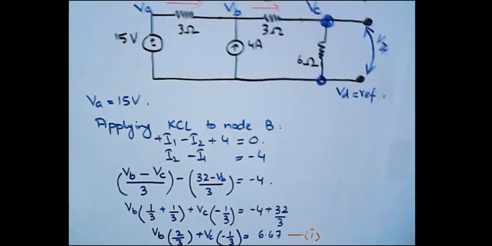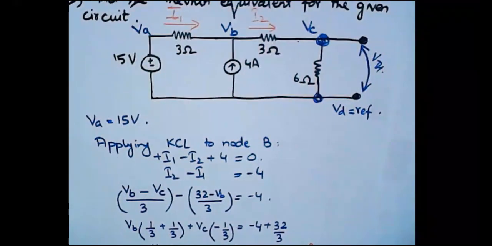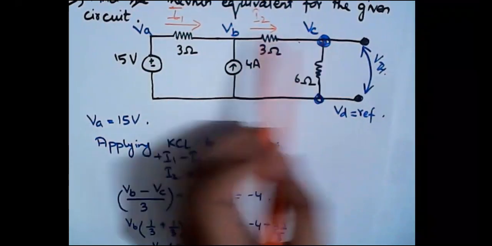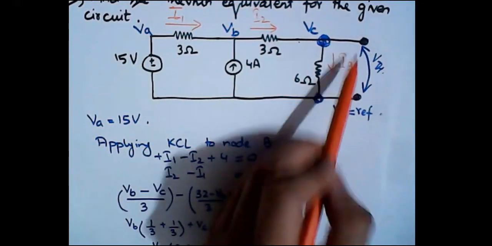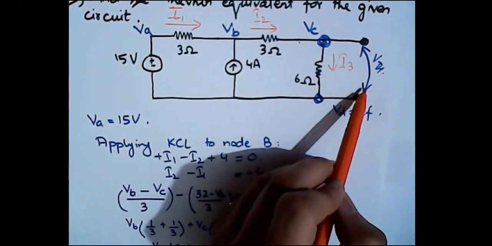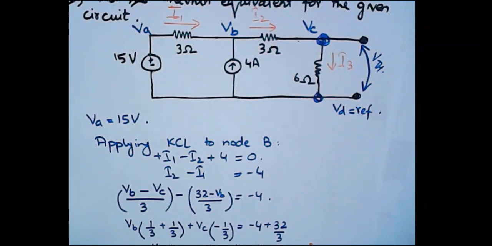Then in the second step we need to apply KCL to this node C. I2 current is entering and I3 current is leaving. There will be no current through this branch. Why? Because of open circuit, right? So